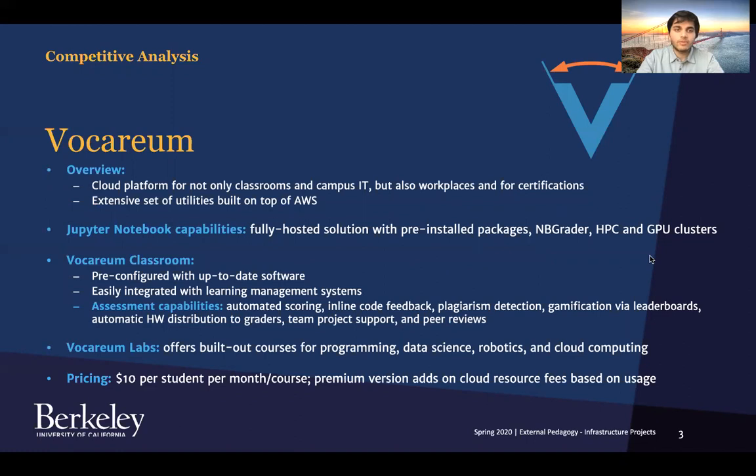So let's get started with Velarium. As an overview, it's a cloud platform that is for classrooms, but it's also for workplaces and for certifications. It has a bunch of different utilities that are built on top of AWS. It also has Jupyter Notebook capabilities. What that means is it's a fully hosted solution that comes with pre-installed packages, nbgrader, HPC solutions, and